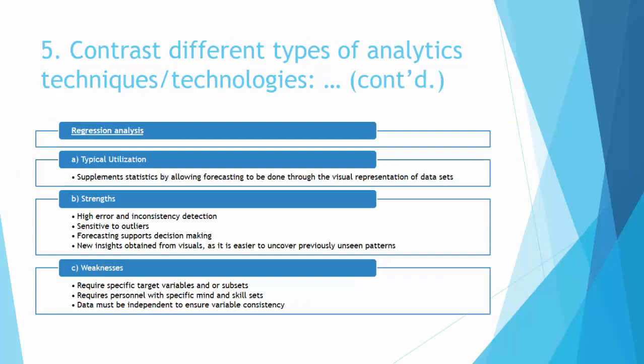Second, regression analysis. Its typical utilization is that it supplements statistics by allowing forecasting to be done, specifically through visual representation of datasets. Its strengths are it has a high error and inconsistency detection rate. It is very sensitive to outliers. Its ability to supplement statistics and allow forecasting allows us to support decision making of